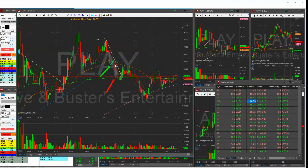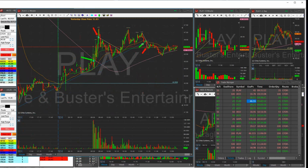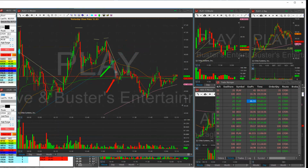My target was a quick scalp back down to the VWAP. The stock was really strong today, so I didn't want to hold it any longer. As it came down to the VWAP here at a nice round number at 46, also a key support area, I took a lot off right here at 46.11. And then finally I finish off at